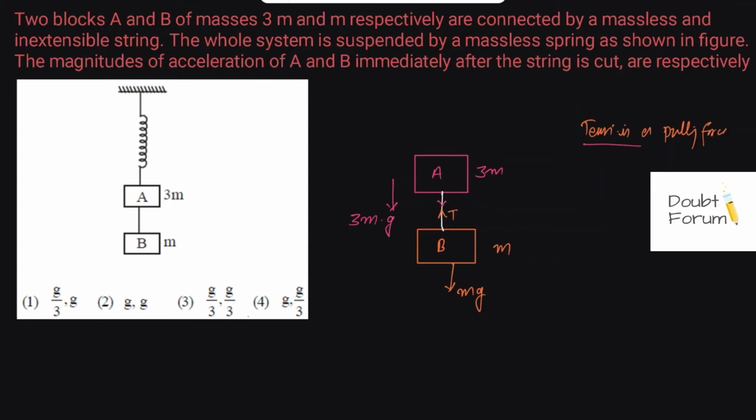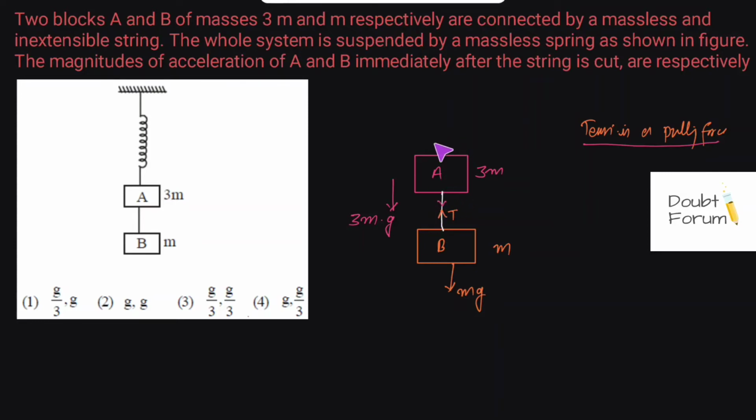We always try to mark the direction of tension such that the string will create a pulling effect. So the direction of tension for this would be downward, because only when it is downward is it pulling. If we took the direction as upward, this string would try to push this block, which is not possible in the case of tension in a string. So we always take the direction of tension such that it creates a pulling effect, not a pushing effect. So this would be the force.